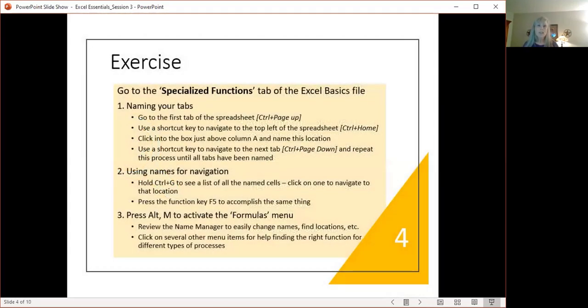Enough talking already. We want to practice using this stuff. I don't want to talk at you a ton. So we're going to go back to our Excel spreadsheet. We're going to go to the Specialized Functions tab, and we're going to do this list of things. We're going to do some naming. We're going to kind of navigate around using the different control keys, just giving you some practice again. We're trying to get that muscle memory. So I'm going to shift my share over to the spreadsheet, and